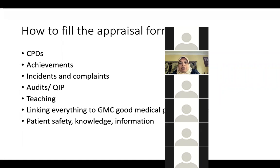But there is a difference, as I said, between CBDs, which is continuous personal development. This is more related to attending conferences and online teaching and that stuff. But the other CBDs in the portfolio are cases. You can use them in the appraisal, saying that you have spent this time writing them. Do you get me? You can't use the CBD itself as part of the external CBDs. There's a difference. It's more for training